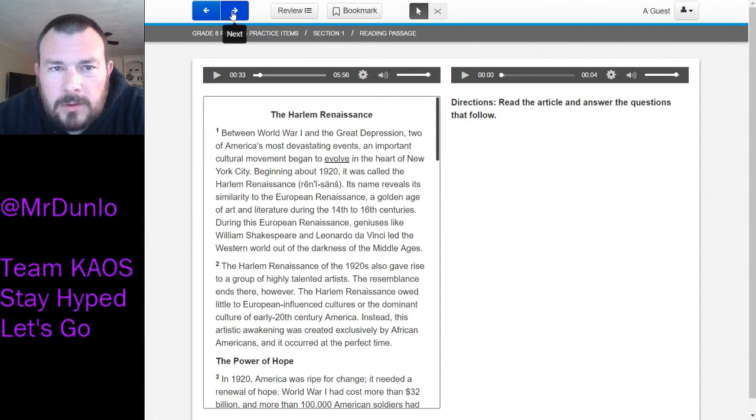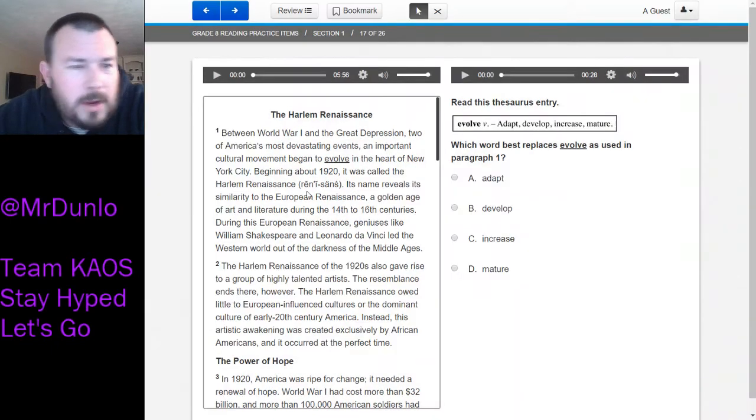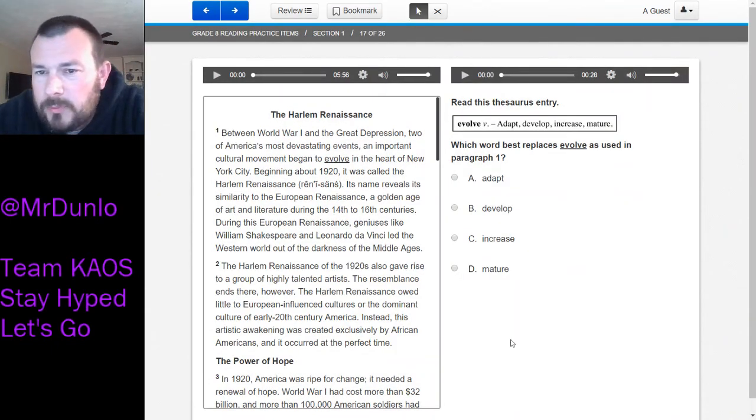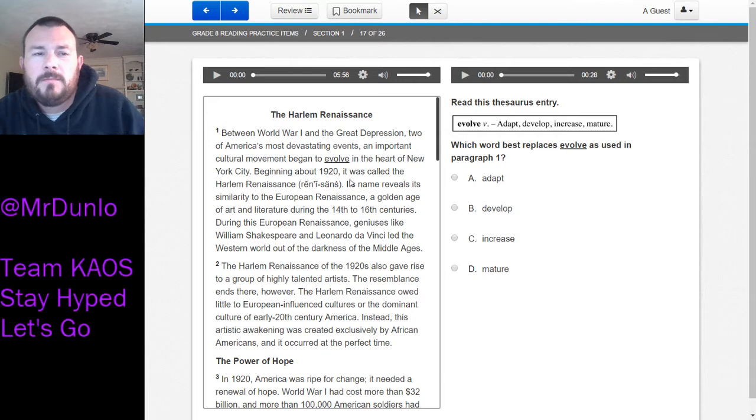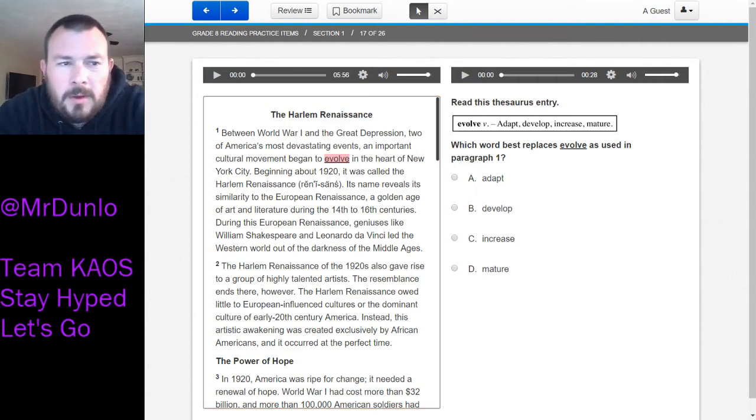All right, directions. Read it anyway. I'm not gonna read the passage right now. Which word best replaces evolve as used in paragraph 1? And remember, on the real test, it's not going to be an underliner this year. So you just need to highlight and do your thing. All right, an important cultural movement began to